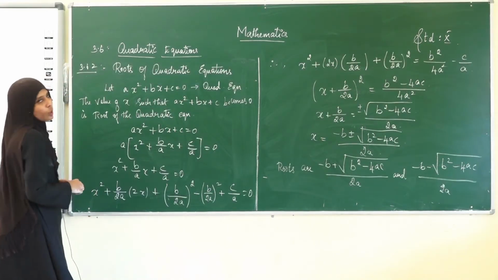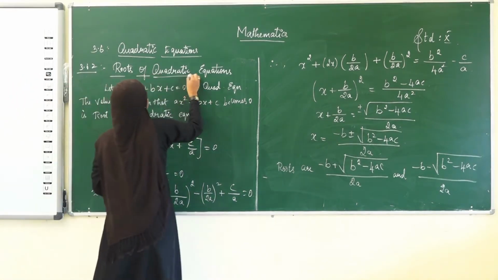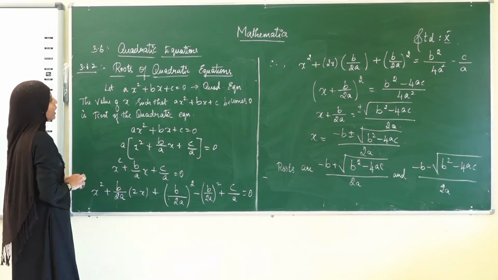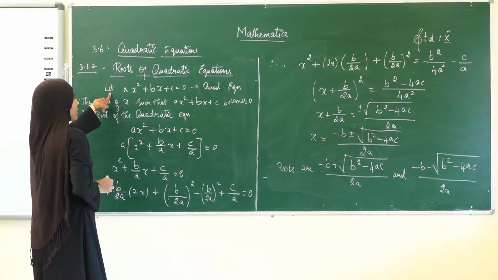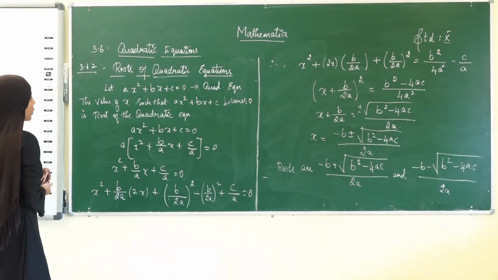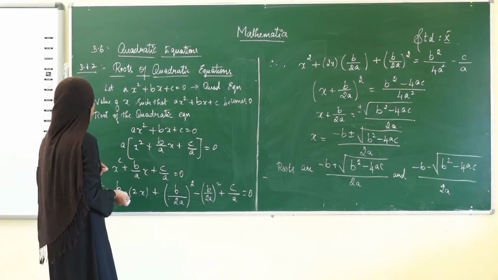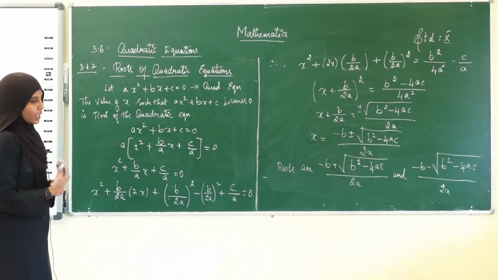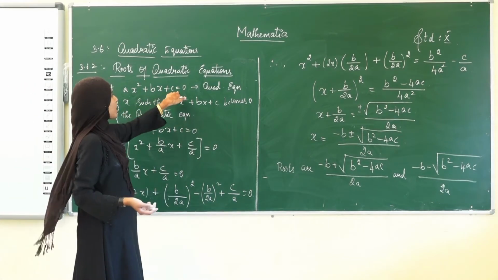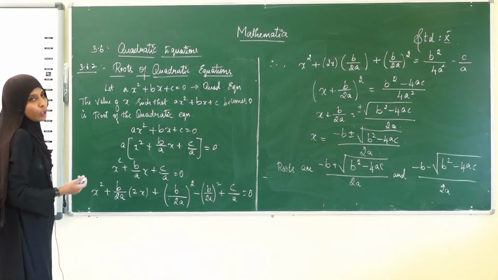So guys, now we are going to see the subdivision 3.6.2, that is roots of quadratic equation. So we see what is a quadratic equation. Now the roots of a quadratic equation. Okay, see, they have given a quadratic equation. Let us take this a x square plus bx plus c is equal to 0 as a quadratic equation. The value of x such that this equation becomes 0 is called the root of the quadratic equation. For some value of x, when we substitute that value in this equation, we get the answer as 0. Then we can say that is a root of the quadratic equation.